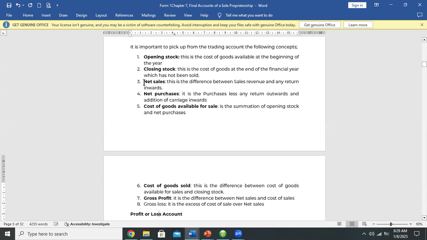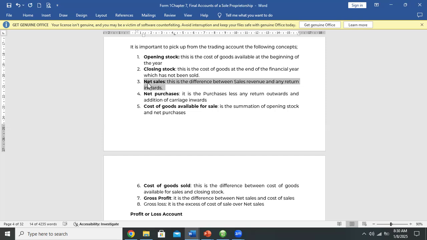So when we say net sales simply means, no question. Okay, great. Net sales refers to the difference, so please note it, the difference between sales revenue and any return inwards. I think as of now, my professors know what return inwards is. The goods that your customers return back to you. So when you sell and your customers return some of the goods to you, that's return inwards. So we are saying net sales is your total sales revenue